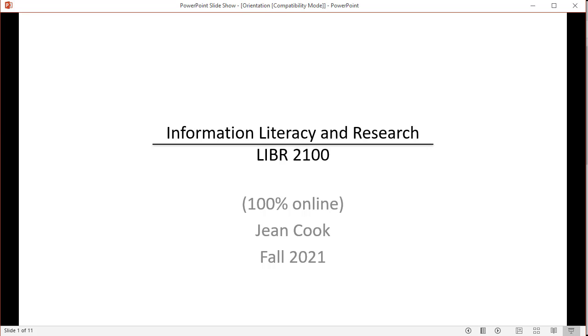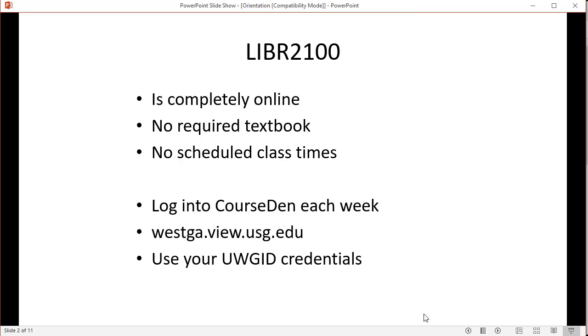This particular section of the course is 100% online and fulfills Core Area B2 in the UWG core curriculum. This course is 100% online, there's no required textbooks, and there's also no scheduled class times. Basically how the course is going to work is you'll log into CourseDen during the week when it's convenient to you. The direct URL is